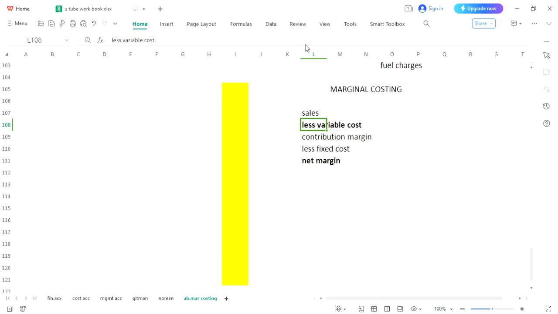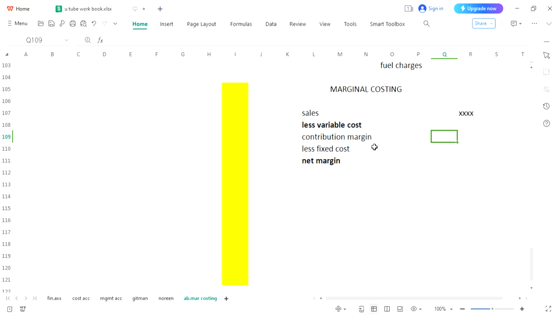What word are we not familiar with? Look, sale is a simple thing. It would be given in the question. How much amount of goods you have sold would be written over here. So finally, we will have the amount of sales written over here. And then we have variable cost. It would be calculated and written over here, and by subtracting variable cost from sales we will get